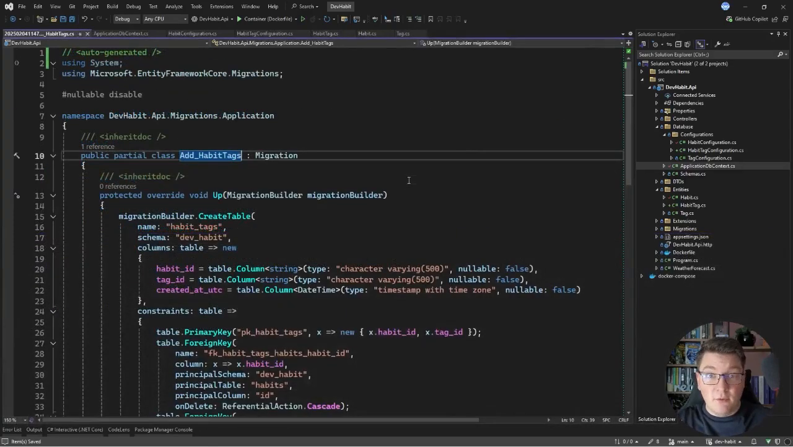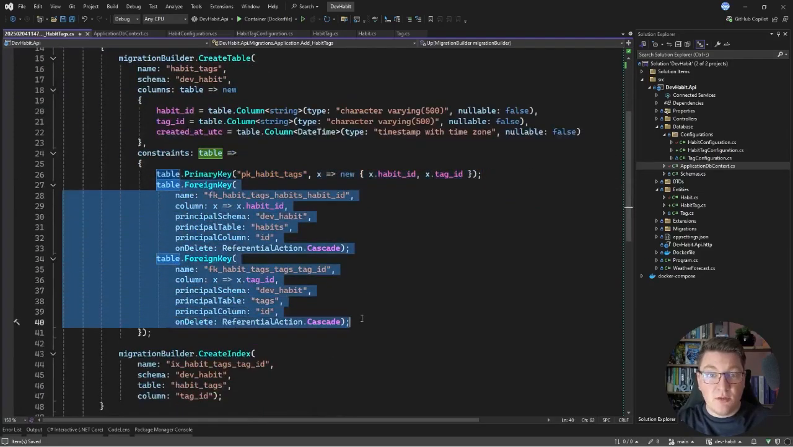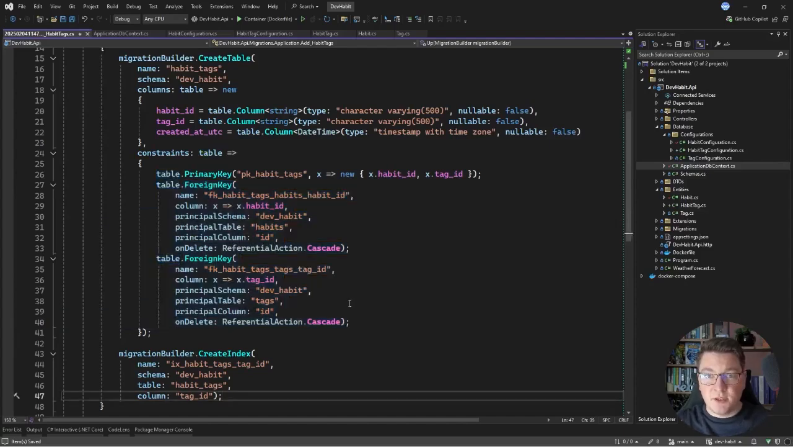migrations/application. This will scaffold a new database migration to create the habit tags table inside of my database, which contains the habit ID and the tag ID columns, as well as the created at column. It's going to define my composite primary key and the respective foreign keys to the dependent tables. So the next time I start my application, this migration will be automatically applied and we can start implementing the